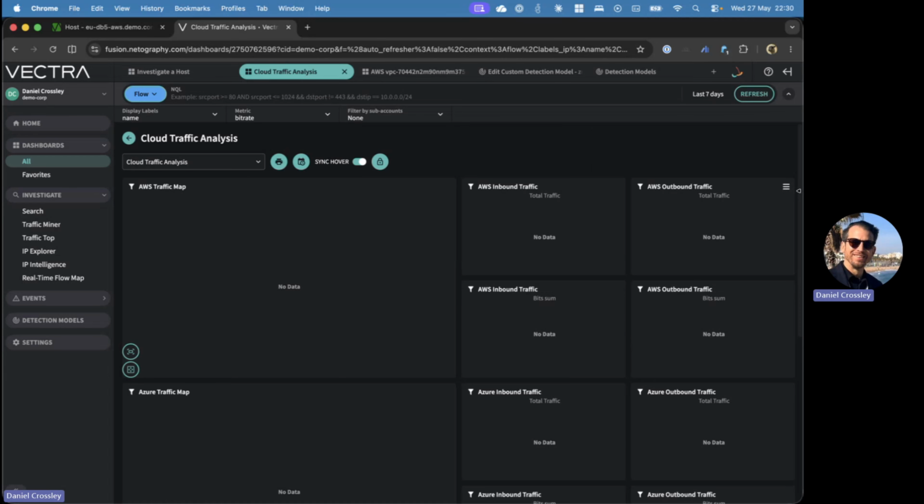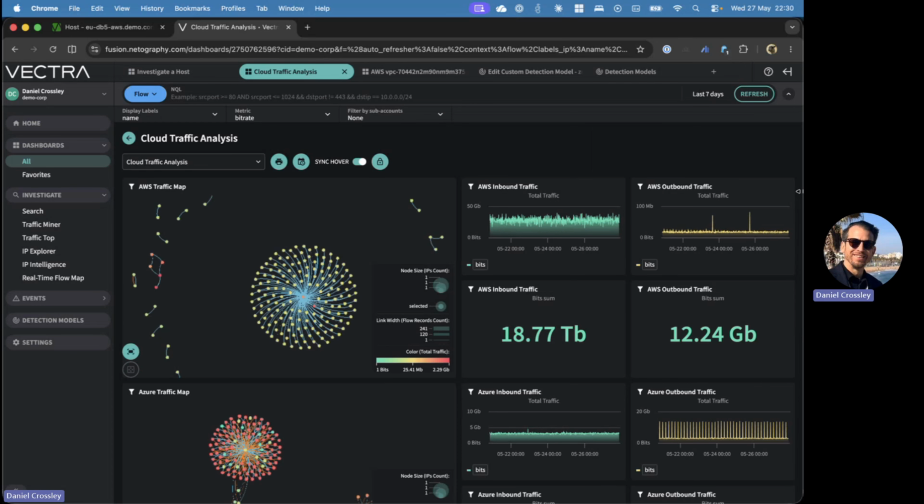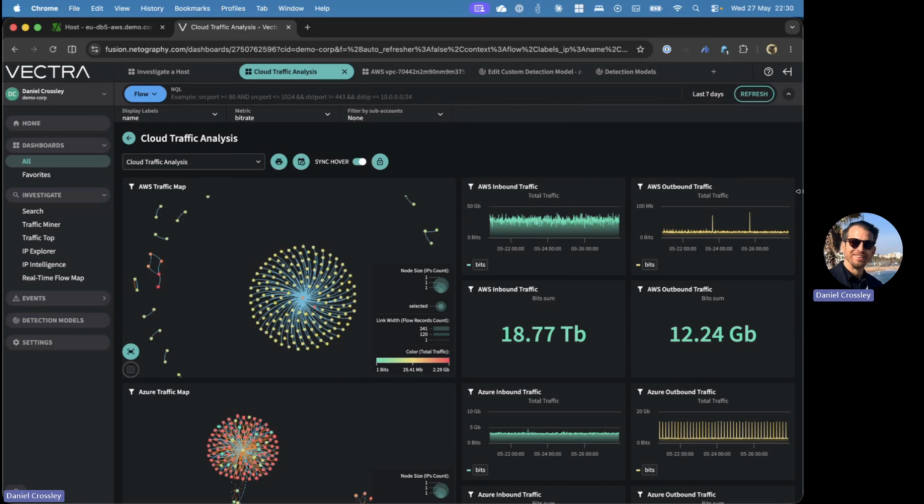So, and this is very important because many organizations don't have a single cloud. They've got multiple clouds. Usually those cloud environments could be AWS, it could be Azure, it could be Oracle, and so on and so forth. It's important to note that Vectra Fusion can capture flow logs from all of these environments and normalize them in a single console. So almost at a glance, and this could be very useful for performance monitoring,